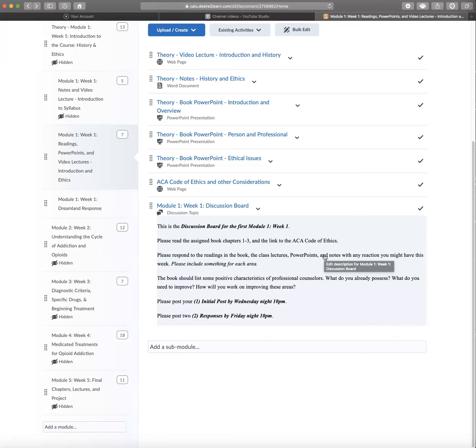But you've got the textbook, maybe a supplemental book. You've got all of the supplemental materials like journal articles, encyclopedia entries, extra book chapters, maybe the ACA Code of Ethics, something like that. You've got maybe PowerPoints, you've got notes, and you've got video lectures. Sometimes you'll also have a film to watch, like a video from Films on Demand from the library. I know that's a lot,